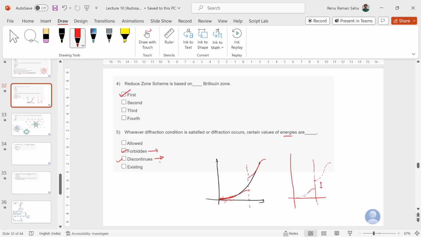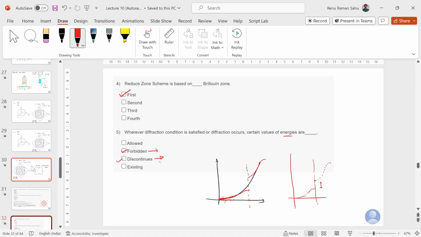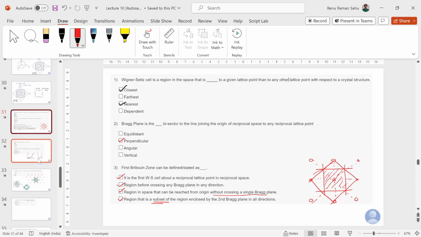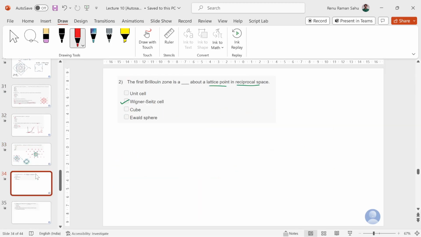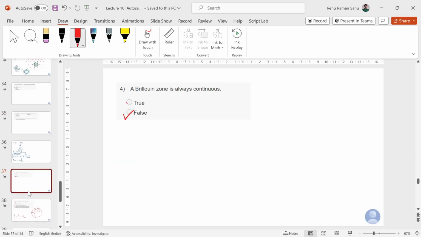I don't know. There is one more question. I don't know whether we did it in our assignment. In a potential energy versus position diagram, we were talking about different zones. I don't know whether you have it in your assignment, but we discussed it in the course. Okay, what is the question? If you can open the assignment number